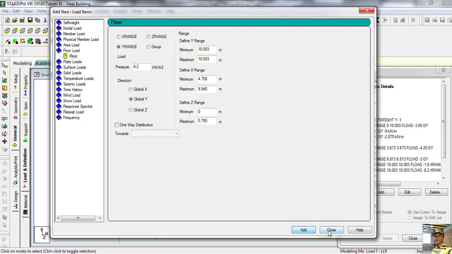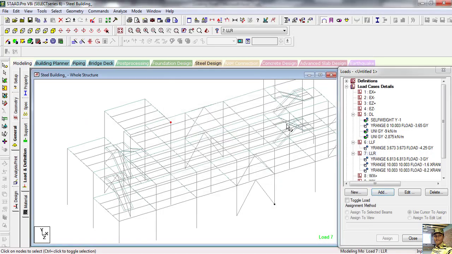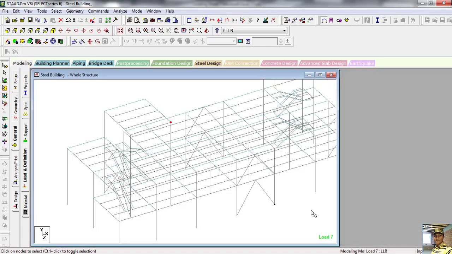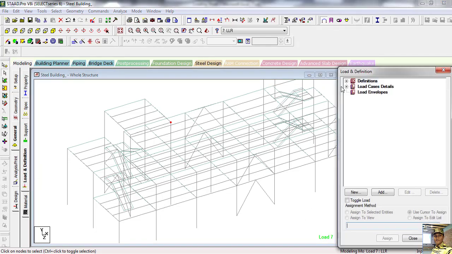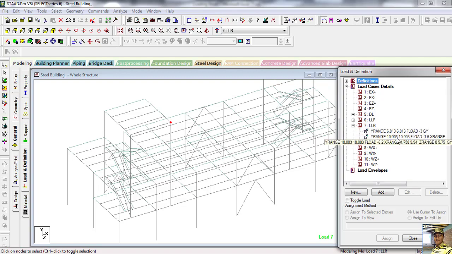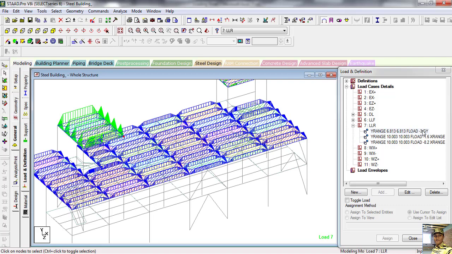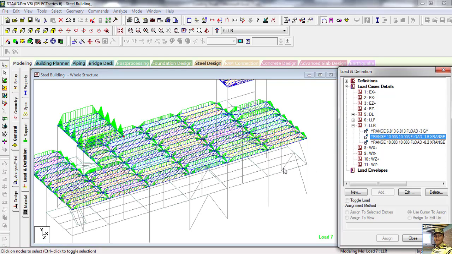Now add, close. Now see our all live load mentioned here. So see whether this load is acting or not. Live load roof. Select first this one. Now see this is our roof load 3 kilonewton. Now see this is acting. Same way select this one.